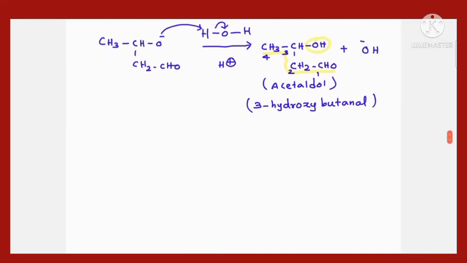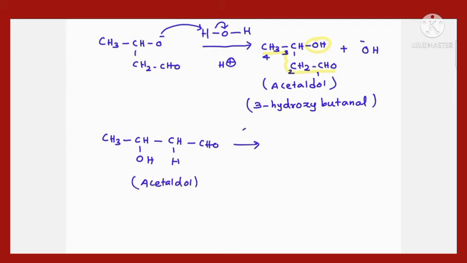Now this aldol formed, when it is heated, may lose a water molecule and result in the formation of an alpha beta unsaturated aldehyde. Okay, right. So let me write that reaction also. The aldol CH3 CH, I write the OH in the branch, then single bond CH2 single bond CHO. Which is nothing but the product of the previous step, the aldol, or acetaldol.